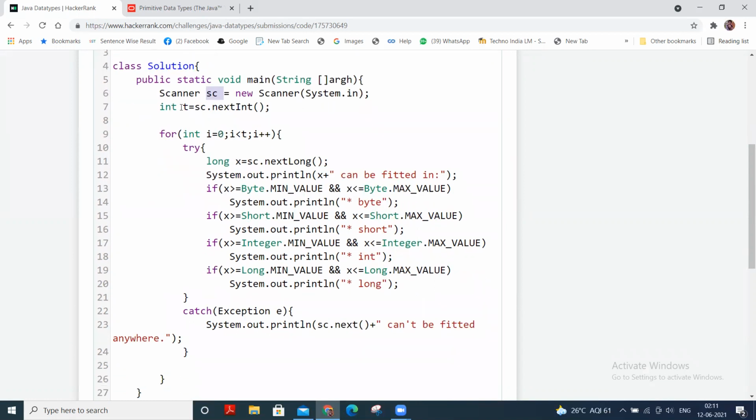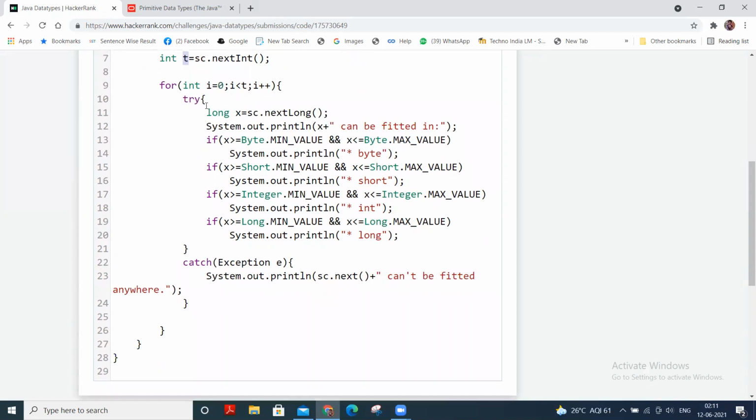Then int t is for getting the test cases, we scan the value of test cases. Then I have run a for loop for going through the test case values. You may also write it as while t minus minus.